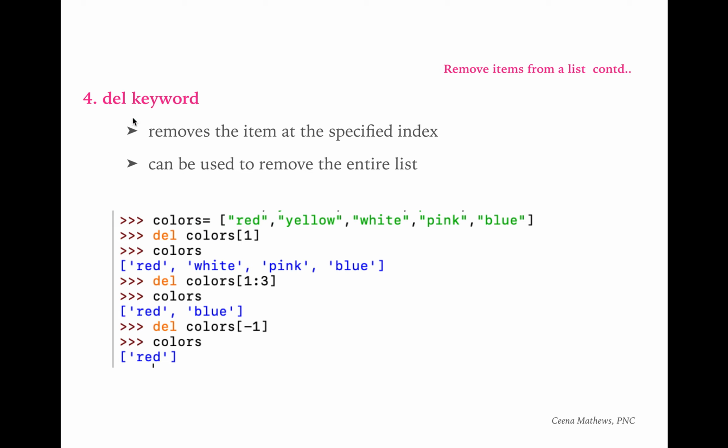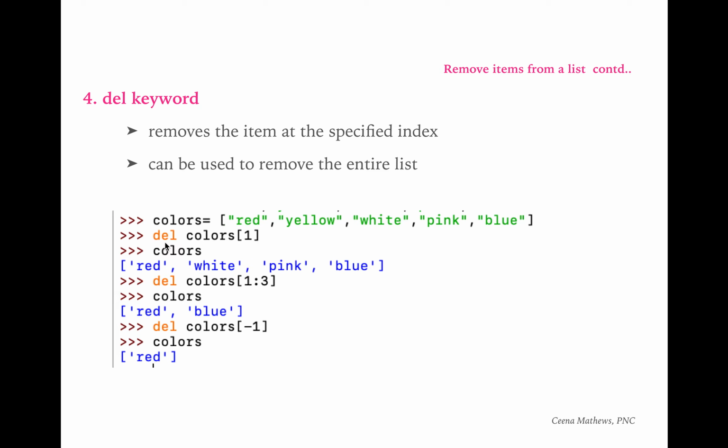Next is removing items using the del keyword. It removes the items at the specified index, or it can be used to remove the entire list. So for both purposes you can use it, either to remove the entire list or to remove an item at the specified index. This is a color list I have created, that is the colors equal to all these colors,